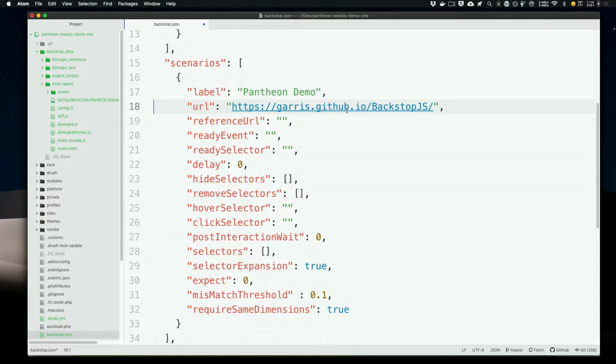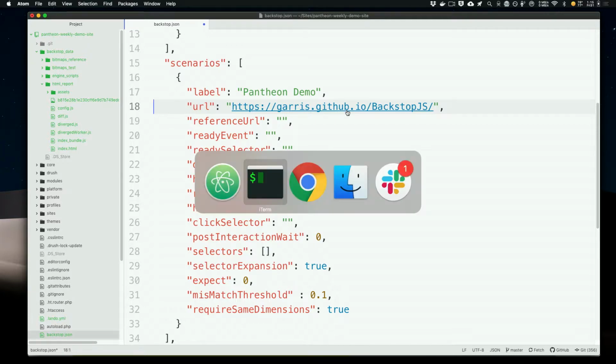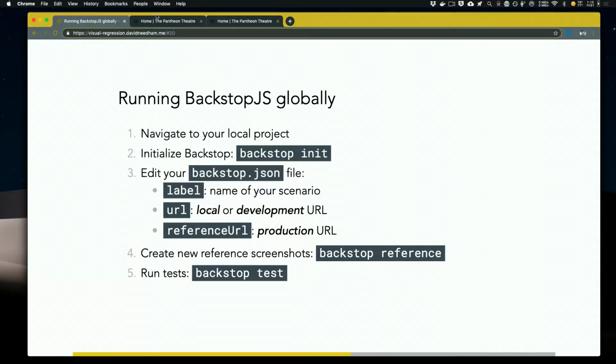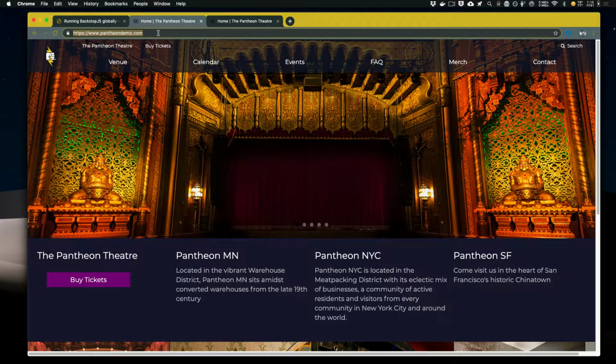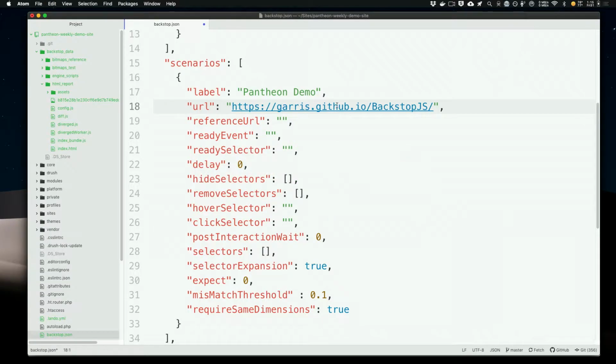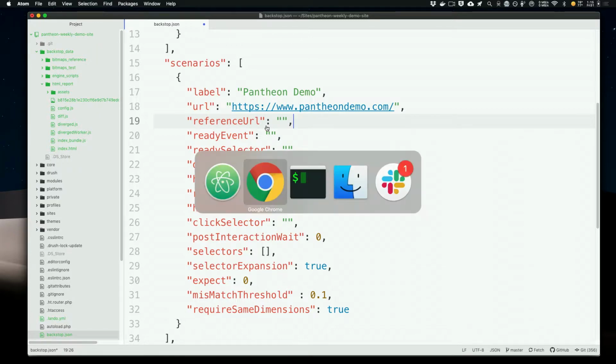Now we have the line here for the URL. The URL is the production version of our website. So I'm going to jump over to my site, grab the URL for pantheondemo.com, put that in here. Next, we have the reference URL. This is our development environment. So I'm going to be,